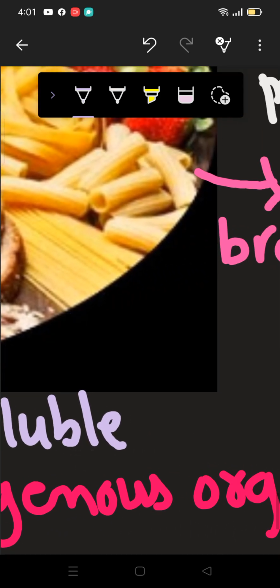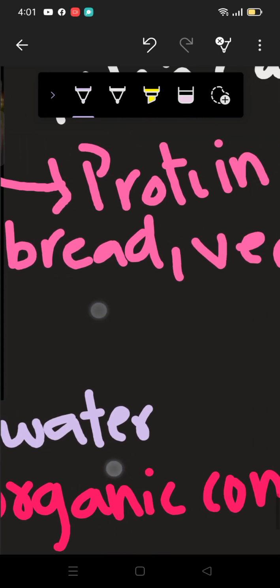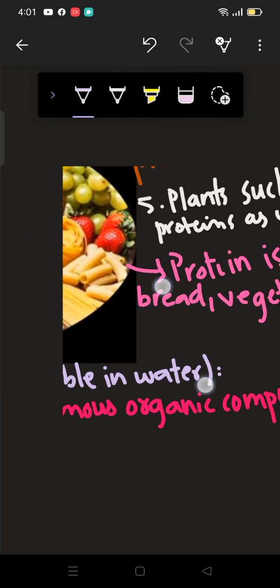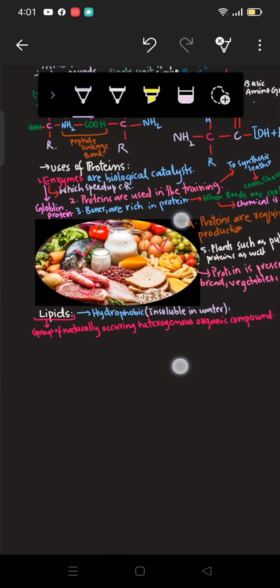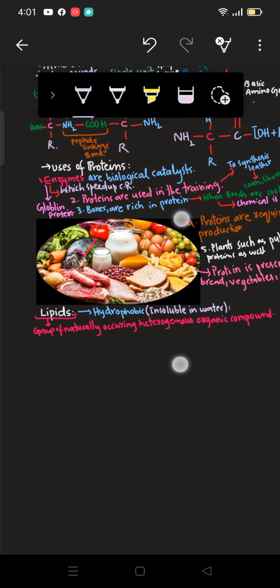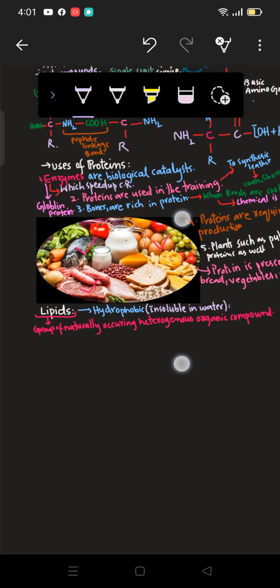They are insoluble in water means they are hydrophobic, which means they are also water repellent,